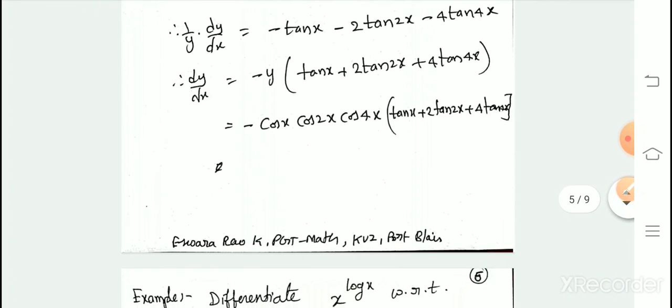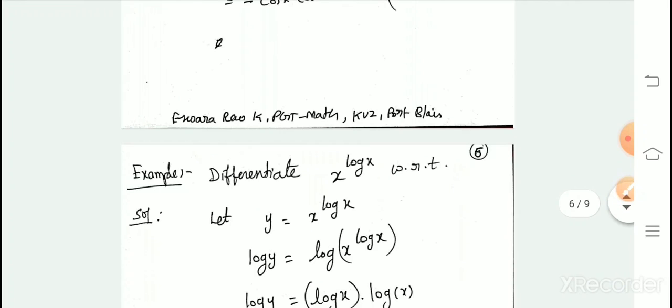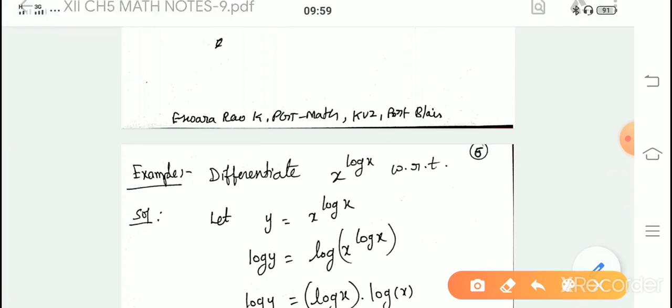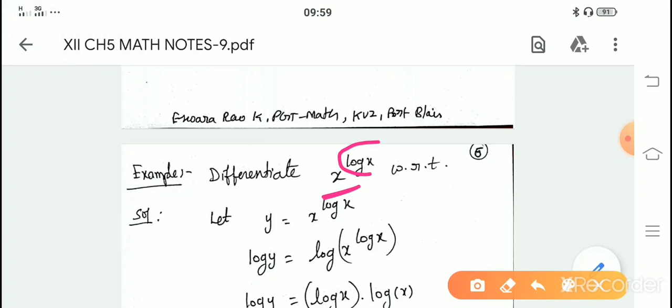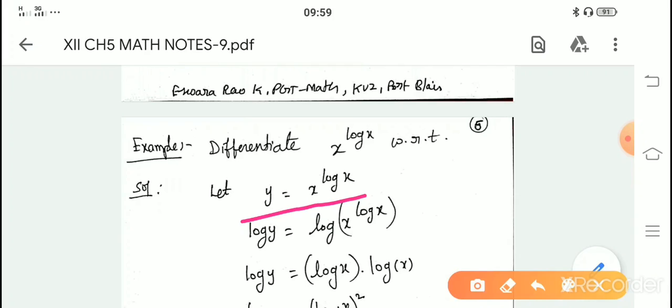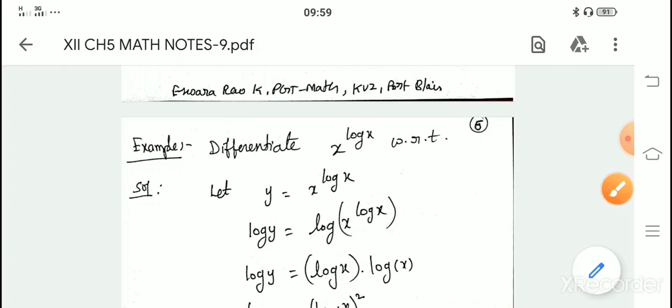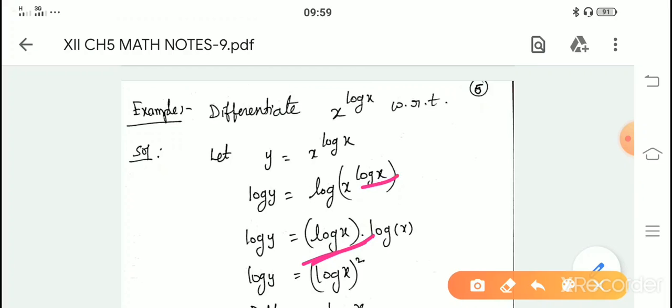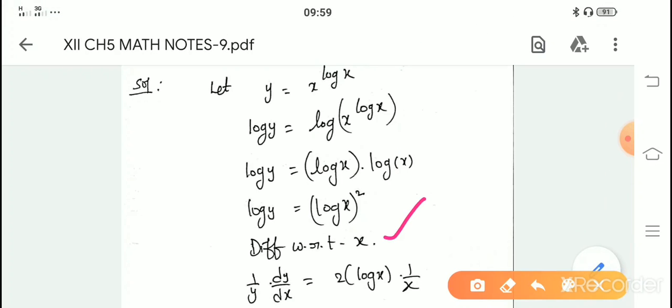Substitute y is equal to whatever it is. Now see, this exponent is variable, the base is also variable, x power log x. The base is x, the exponent is log x, variable power variable. For this also, only this process: y is equal to x power log x. Then what is log y? Log of x power log x. So whatever exponent is there, it will come before the log. Then this log x is the exponent, into log x that is left. But what is log x into log x? Log x whole square. Now after this simplification, differentiate with respect to x.